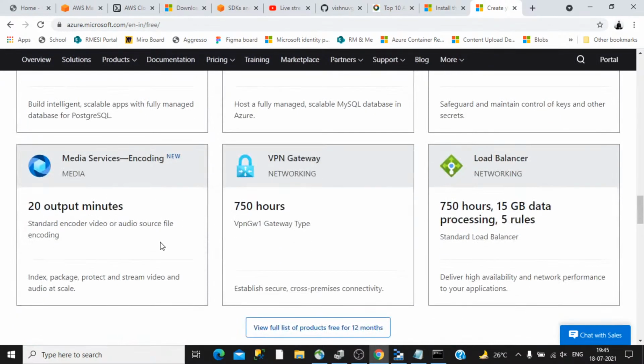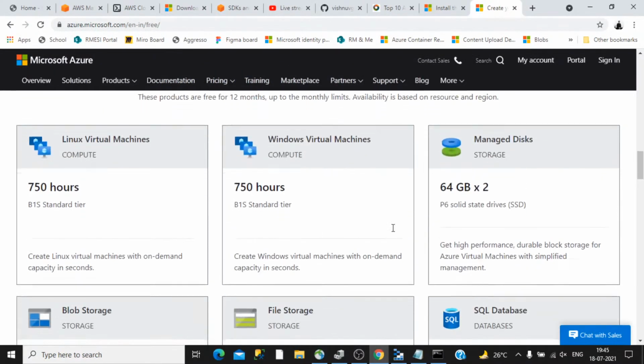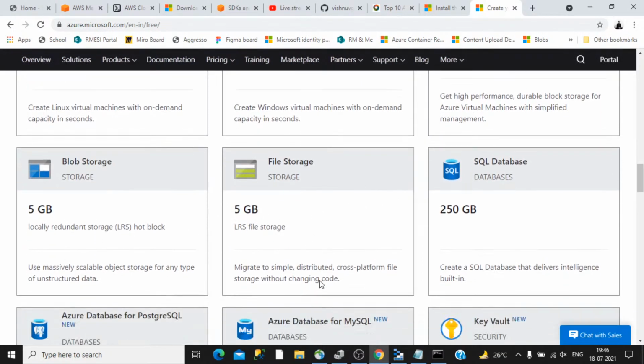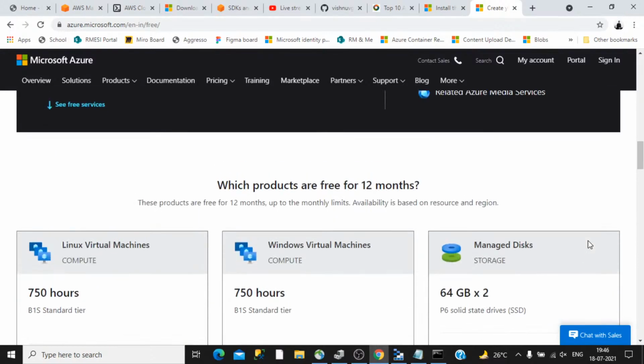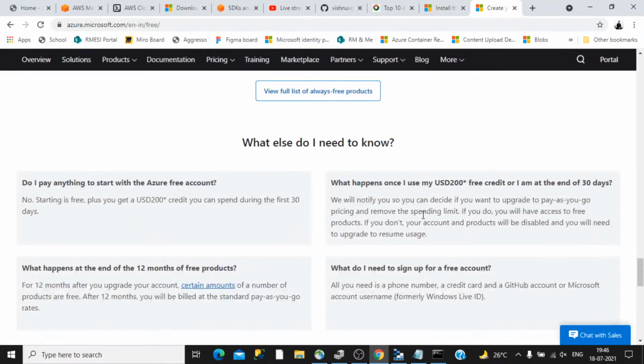if you go into the storage here, yeah, the storage, it is providing up to 5 GB of storage, so that is much cheaper. So all these things you can use for your learning as well as for development perspective. But for production, it is not recommended to use this one. For production, you need these resources to be created in an availability zone as well. So for all that purpose, you need to spend a bit of money. So this free tier is not suitable for such kind of thing, but for a learning perspective this is fine.